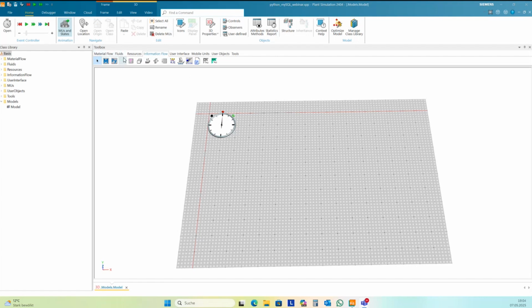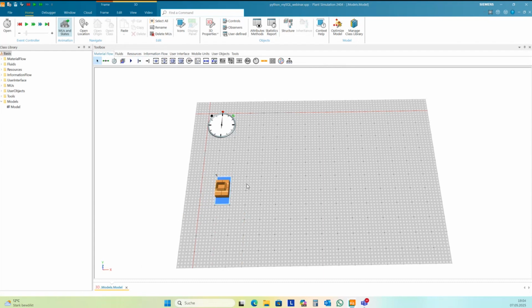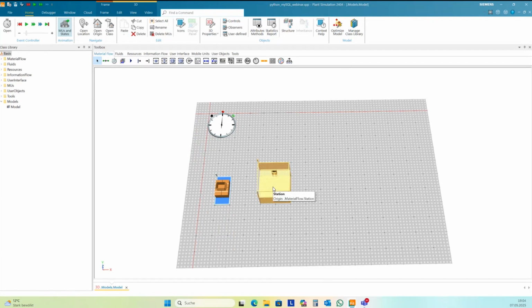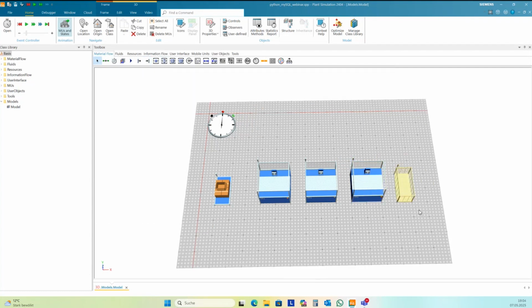But first, I want to have a very small example model. I want to have one source and 3 stations and the train. I connected all together.